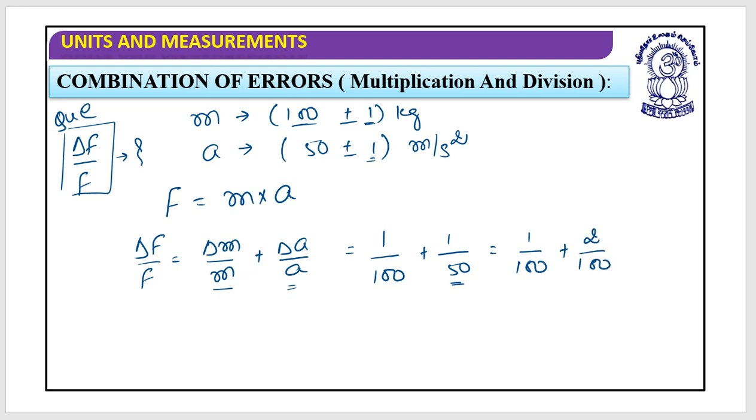Multiply this term by 2. So this could be 1 plus 2, 3 by 100. This is delta F by F. This is a relative error that has been associated with the measurement of mass. Okay. If I have been asked the percentage error in the measurement of F,